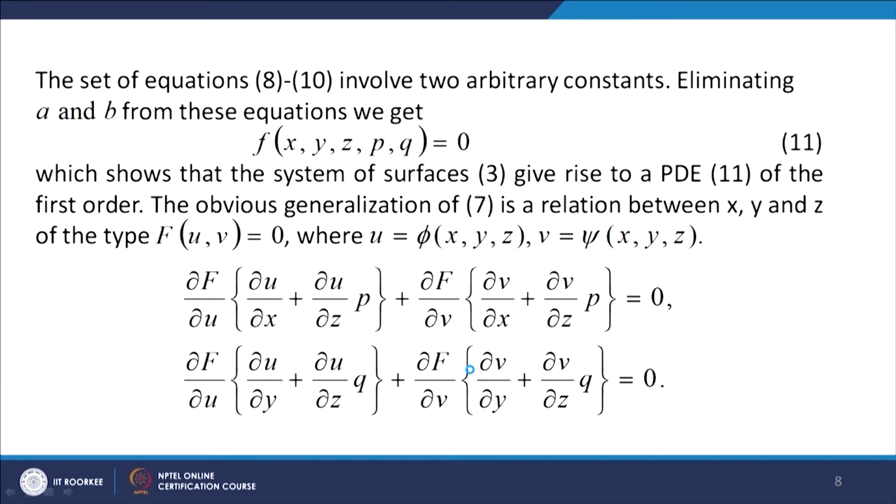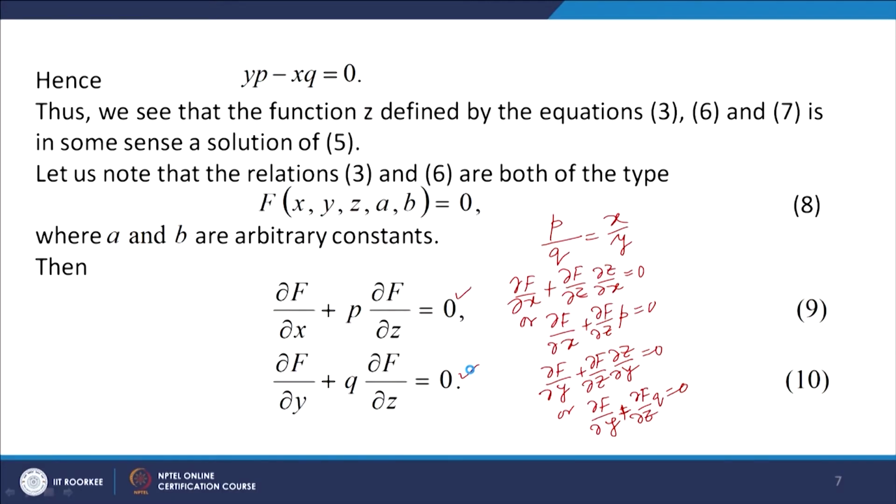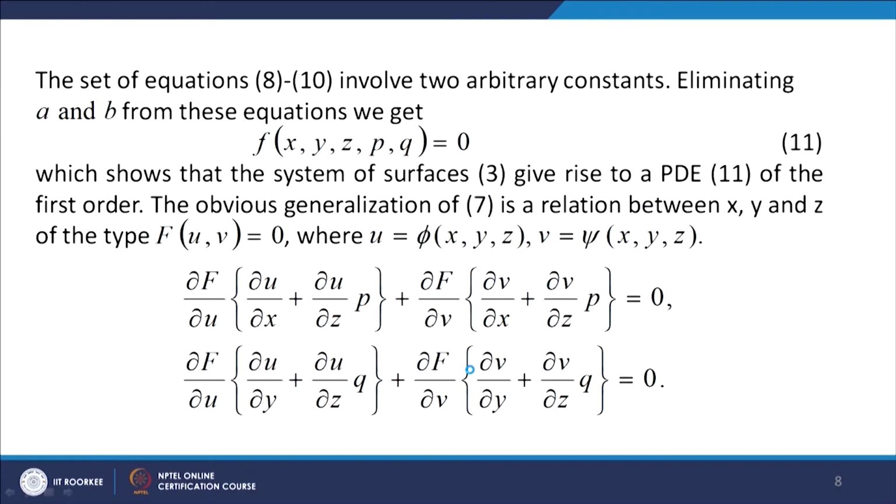Now, let us look at a generalization of equation 7. In this case we are writing z equal to a function of square root of x square plus y square, and we got the differential equation of first order y p minus x q equal to 0. So, let us consider a generalization of this case. Here we consider f(u, v) equal to 0, where u and v are functions of x, y, z: u is a function of x, y, z, say phi(x, y, z), v is a function of x, y, z, say